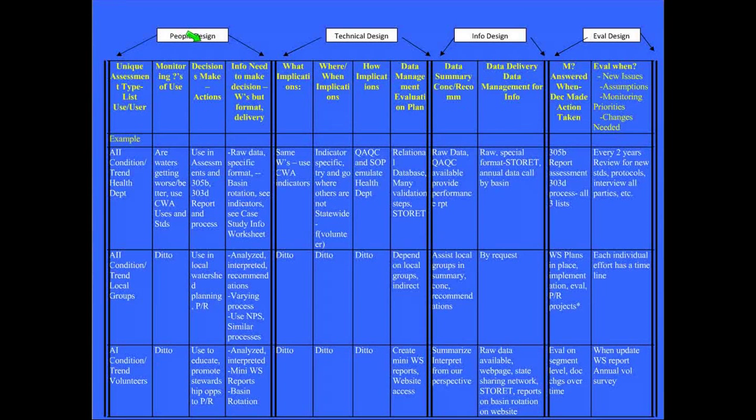In your workbook, you have this slide that looks very ominous, but it really isn't. The purpose of this slide is to show you how what we just did, which was figure out a monitoring use, monitoring questions, who are the decision makers, and what's the information, this sort of people design. The purpose is to illustrate how that informs the technical, the what we do, how we generate information in an evaluation of it. And I want you to notice here that I'm just going to highlight a few things here, that this is the same